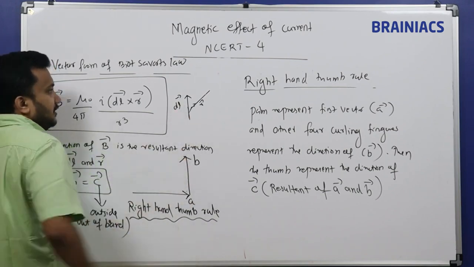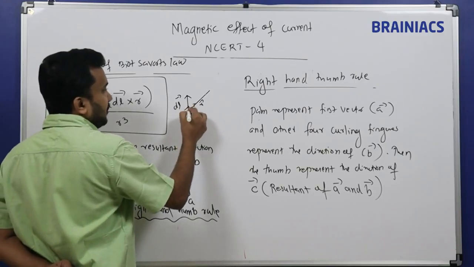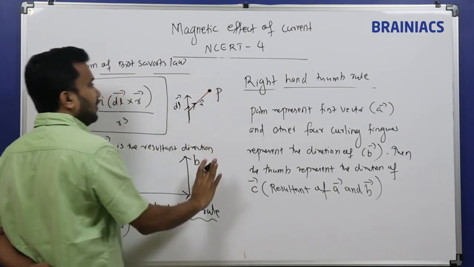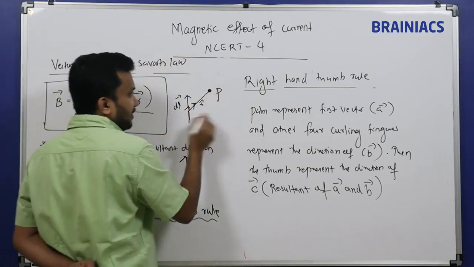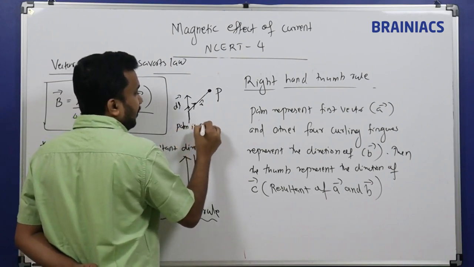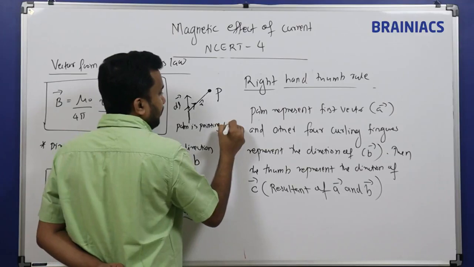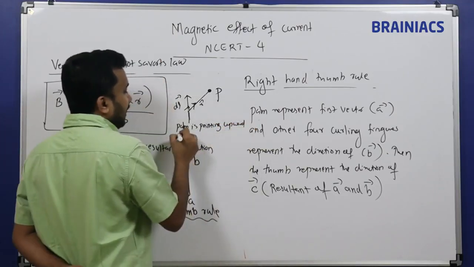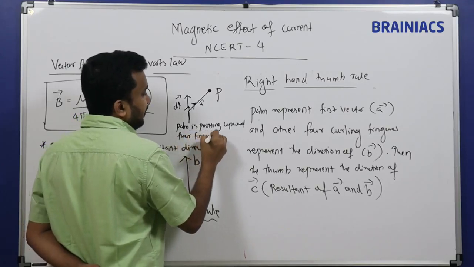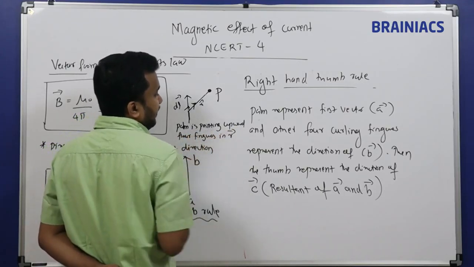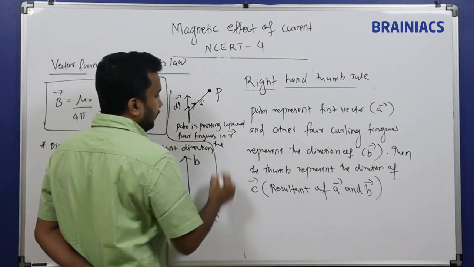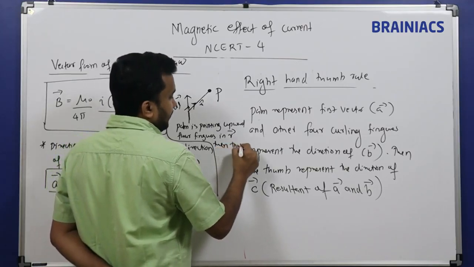So dl cross r in this diagram, this is our dl direction and this is our r direction, and we are calculating the magnetic field at this point. So here, in this example, you can represent the palm pointing upward, and the four fingers, F-O-U-R, in what direction? Four fingers in the r direction. Then the thumb gives